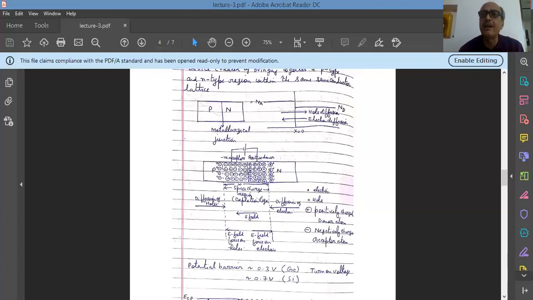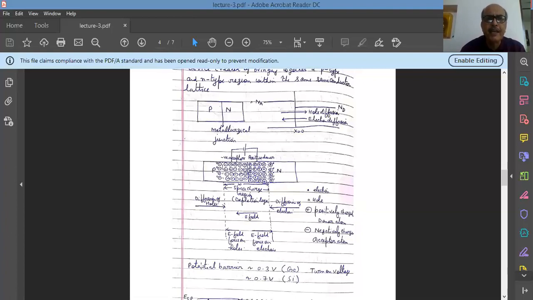So it's not a long lasting process. Very soon, when the electric field becomes such that it opposes the motion of electrons from N to P and the motion of holes from P to N, the diffusion will stop. And this gives rise to basically a barrier voltage that I have shown here. This is basically a barrier voltage because this end is a positively charged end of a battery and this becomes a negatively charged end of a battery.